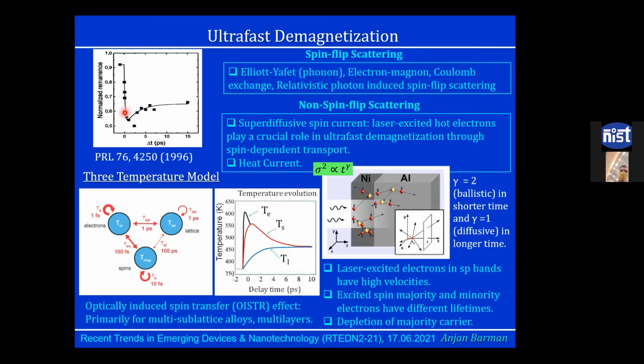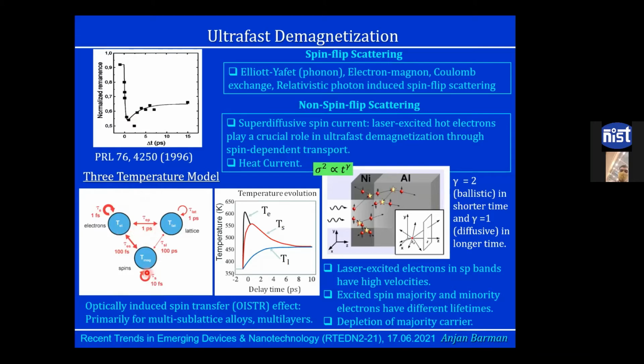This opened up new physics because there is a lot of interesting physics involved, and at the same time, one can do all-optical writing using this. Because if you can demagnetize and remagnetize again, you can do the writing at a femtosecond time scale. Then he used something called the three-temperature model to understand this,